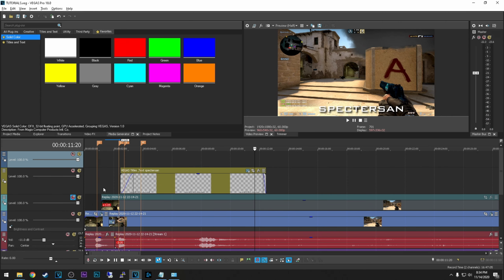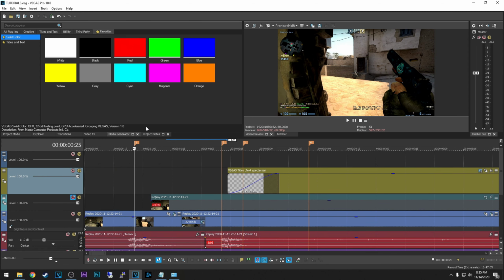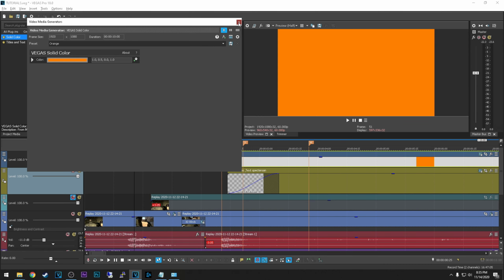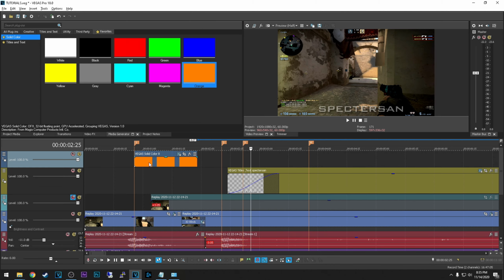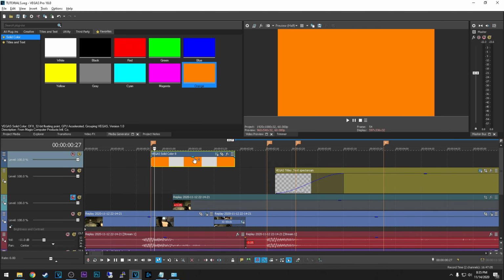Okay, right, for the solid color, I said you can even add an effect with it by using fade in and fade out. Let's say I want to add orange, and because this is on the track that's above my video track, my clip track, it's only going to show the solid color itself. So what you can do with this, you need to modify the opacity for it.